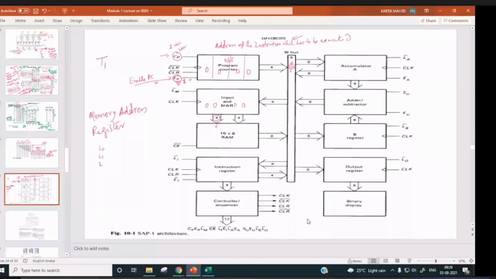Right now this 4-bit address is 0000. So after decoding, it will point to which location?